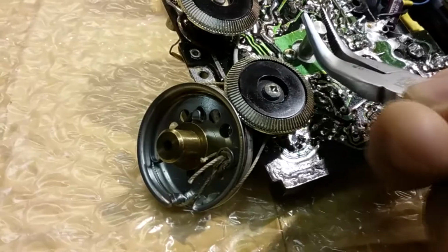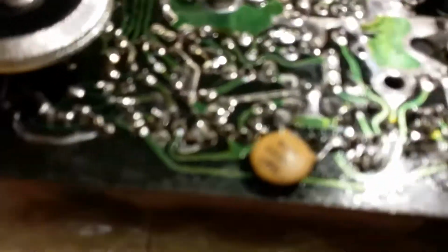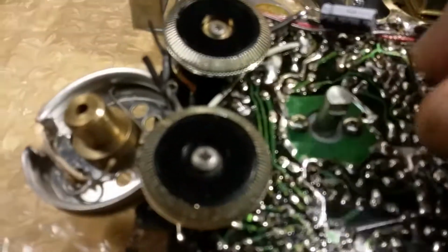Now, I've had it one time where it didn't want to turn at all. You see, it does turn, but it's really hard to turn. Okay, I got it turning freely now. Apparently there was some kind of